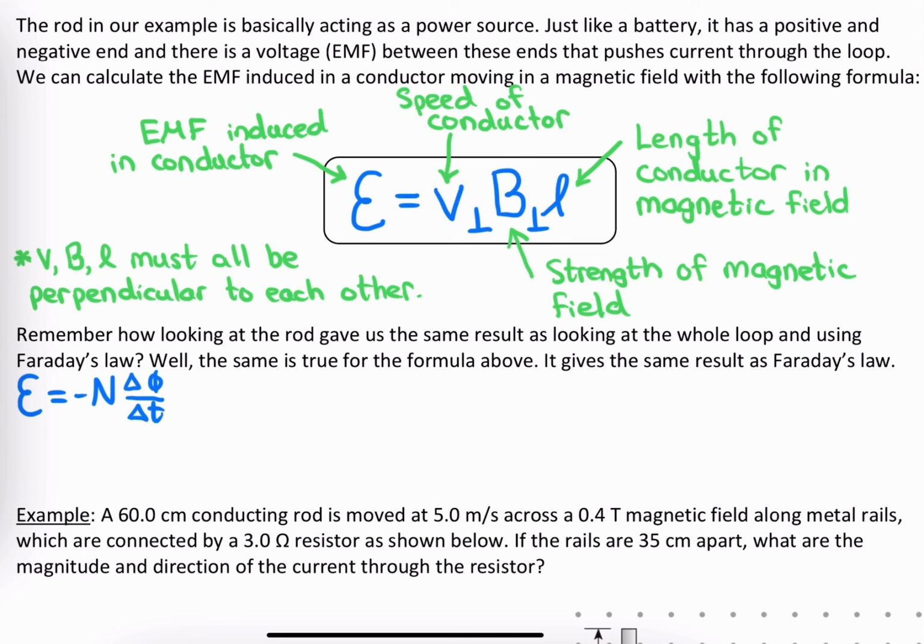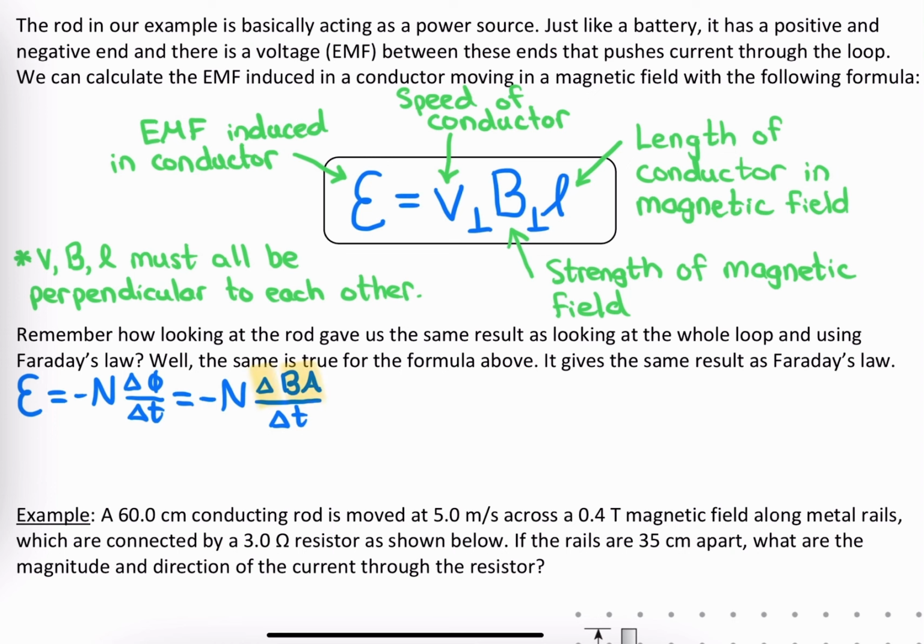So induced EMF is number of loops times change in flux over change in time. Now, remember that flux, magnetic flux, is B times A, the magnetic field strength times the area. So I can replace flux with B times A. And if B times A is changing, it's worth thinking about, well, why is it changing? Is it B that's changing, or is it A that's changing? And in this situation we had back here,